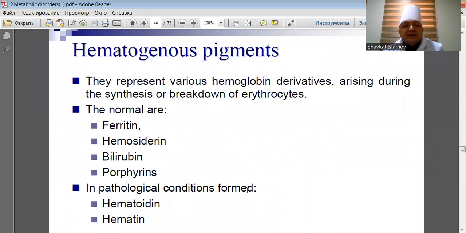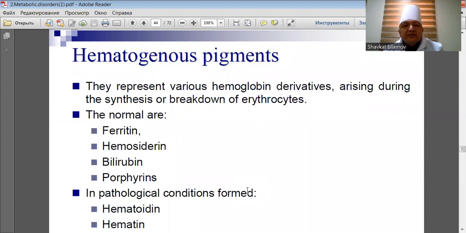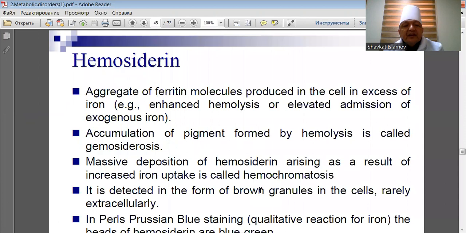Hematogenous pigments represent various hemoglobin derivatives, formed by the synthesis or breakdown of erythrocytes. The normal ones are ferritin, hemosiderin, bilirubin, porphyrins. In pathologic conditions they form hematoidin, hematin. Hemosiderin,